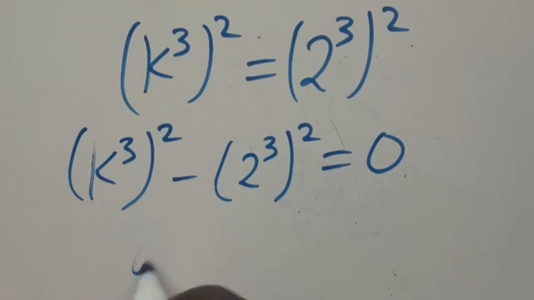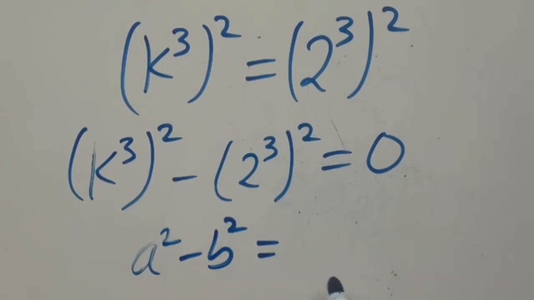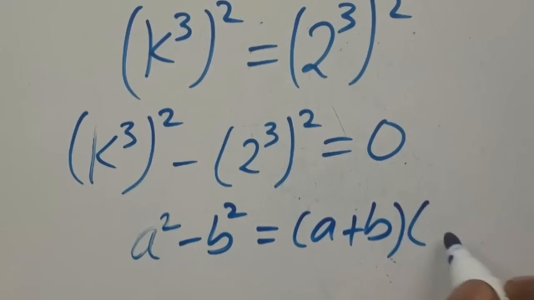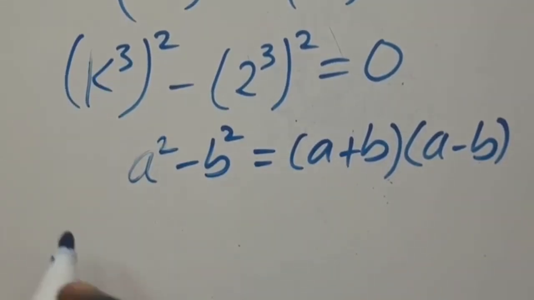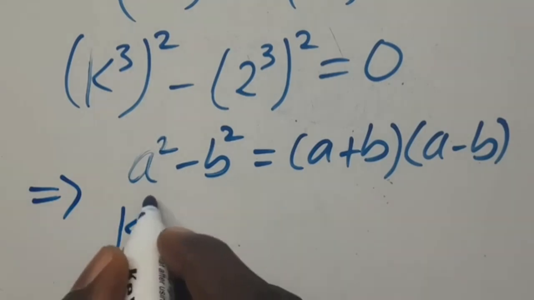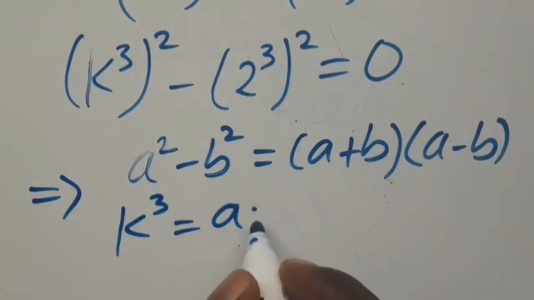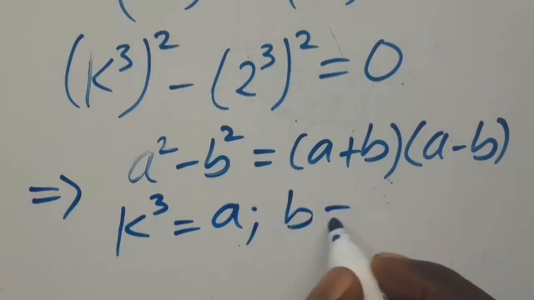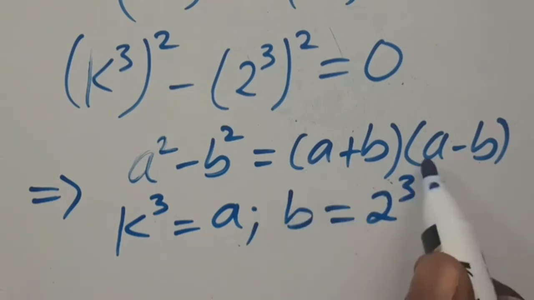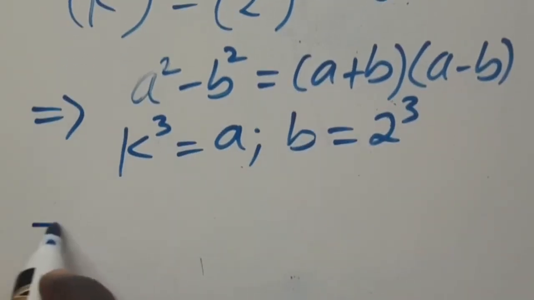Remember, when you have a square minus b square, this always equals a plus b multiplied by a minus b, all in bracket. So from here, this implies that k to the power of 3 equals our a, while our b equals 2 to the power of 3. So by plugging it here, we are going to have